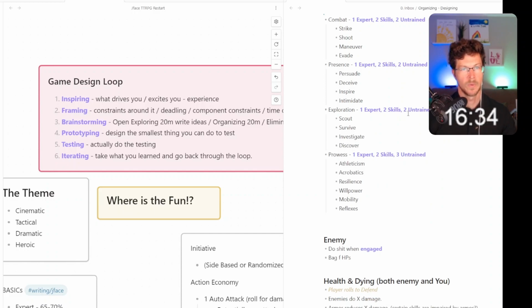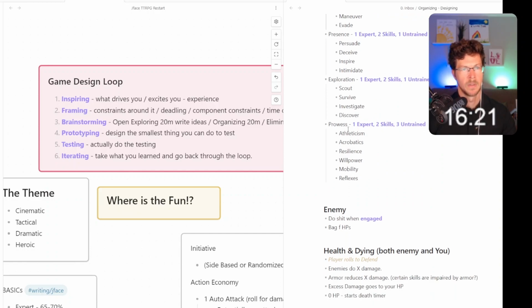So we're getting these down to 4, and then we'll do 1 skilled. Yeah, let's do 2. I'm being generous. That's very generous, but that's fine. And then for your actual stuff: athleticism, acrobatics, resilience, willpower, mobility, reflexes. You know what I'm going to do?